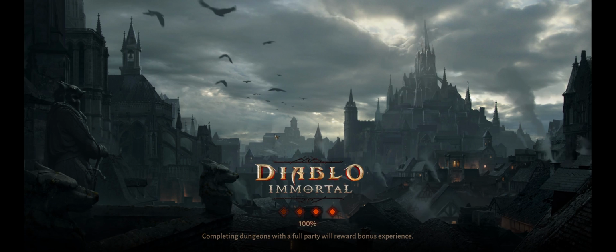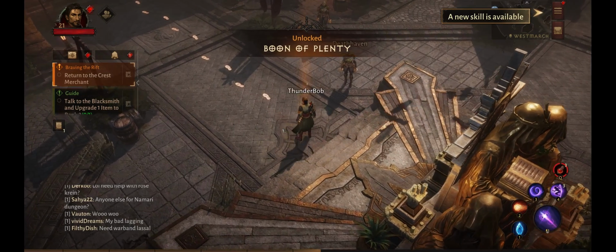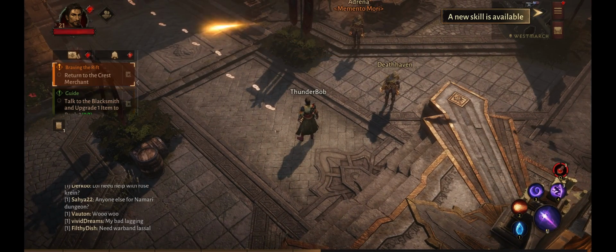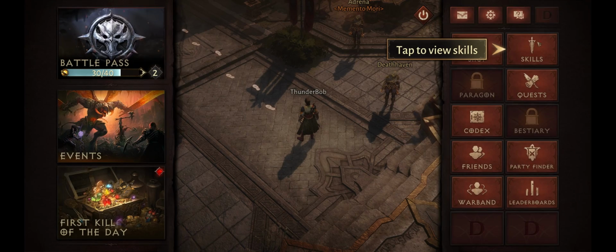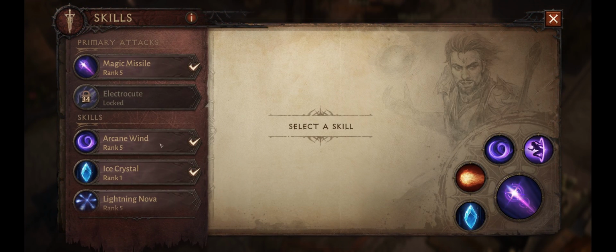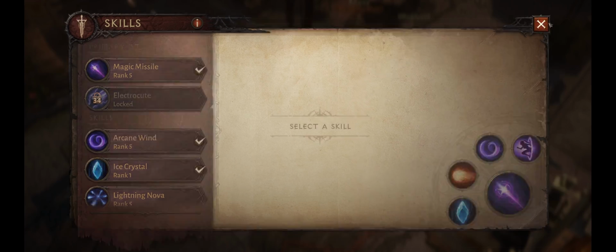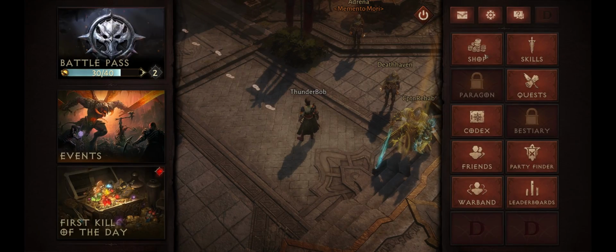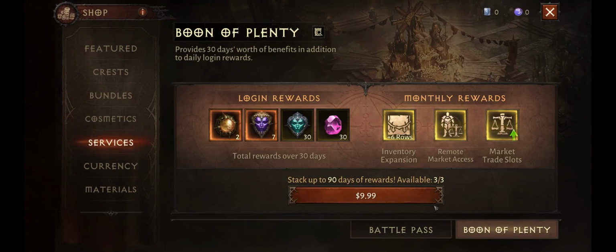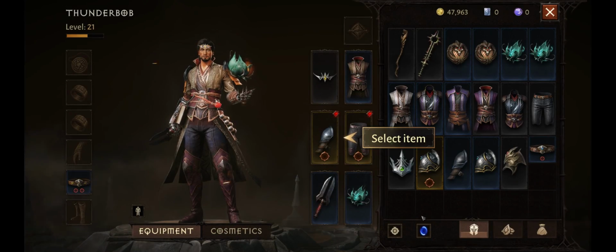Let's look at that gem, actually. It was only a 2-star, right? And I got a boon of plenty. Okay, you see that, right? It just wanted me to go back into my skill thing. Again, do you see any new skills here? I don't see any new skills there. Did it say I had a boon of plenty? I don't know where it actually...